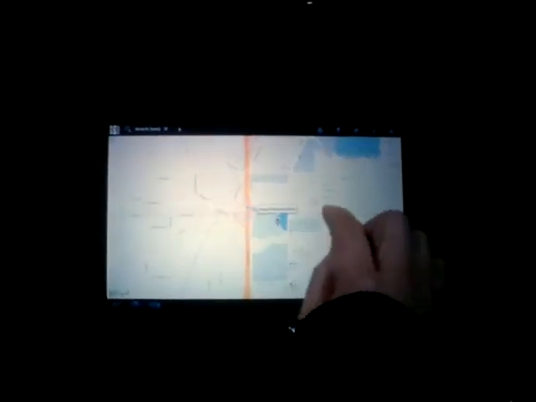This app is already awesome on phones, but it's even better on a tablet. It really works well with a larger screen. Now, when I zoom in far enough, something magical happens. You can see that the buildings popped out of the ground in 3D. You can also tilt and rotate and zoom. And that's a notification coming in at the bottom of the screen. I'll talk about that in a second. Yeah, that's pretty